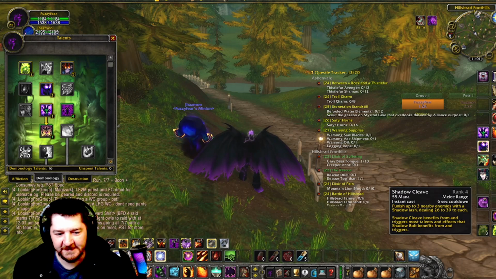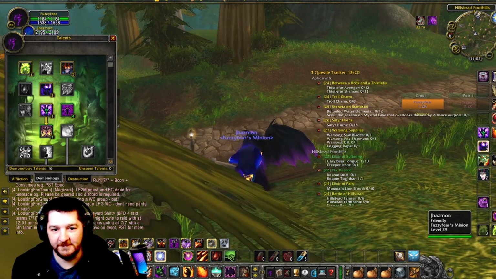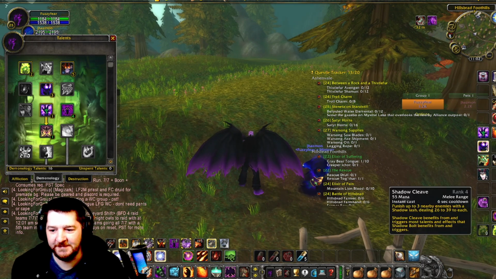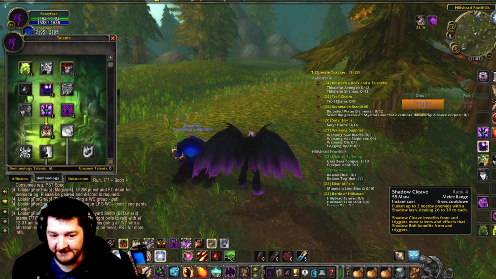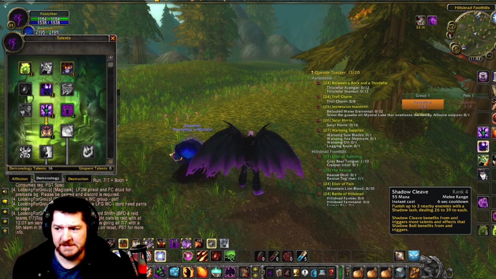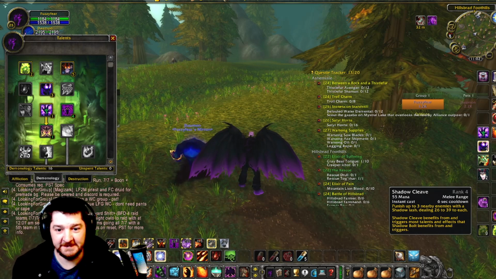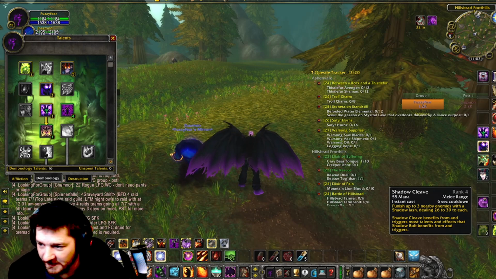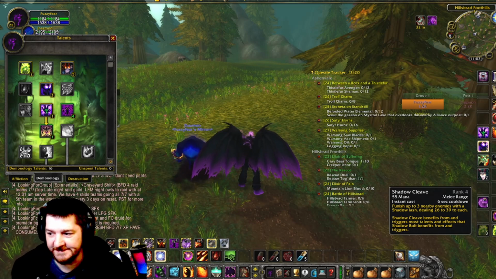Shadow Cleave is not getting that. For me, with my spell power, this is doing about 50 damage to each target and giving me 50 threat for each target. So yeah, that's not going to be more threat than any kind of AoE spell hitting the same target. Yours is not going to do more threat than anybody else's.